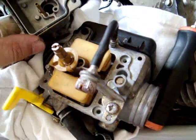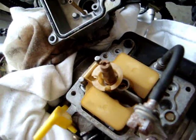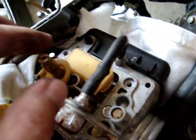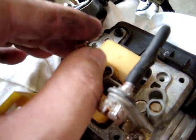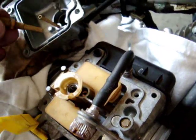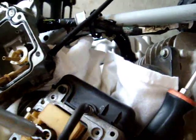I just unscrewed the 4 screws and pulled it off, and I just set it down on the side right here. To get to the main and slow jet, this is the main jet right here, and that's the slow jet right in there, and a simple flathead will do the trick. These things aren't in there very tight, so I just broke them loose. And I would just say go pretty easy on this stuff because it's all brass, and oh, you got to take that little baffle thing off there as well,